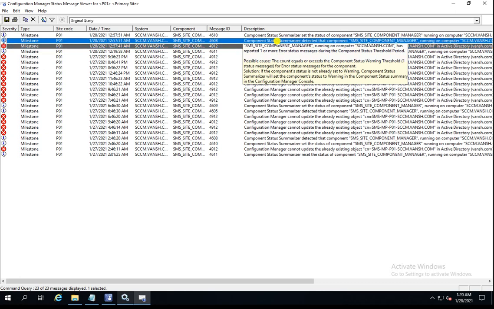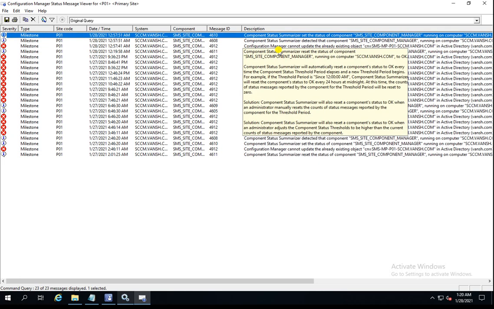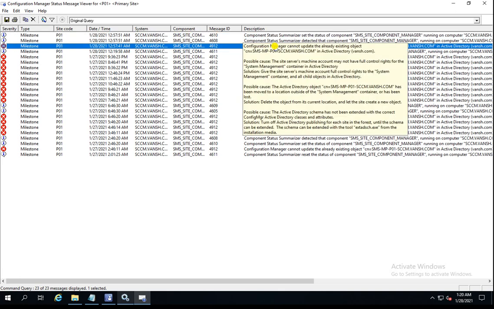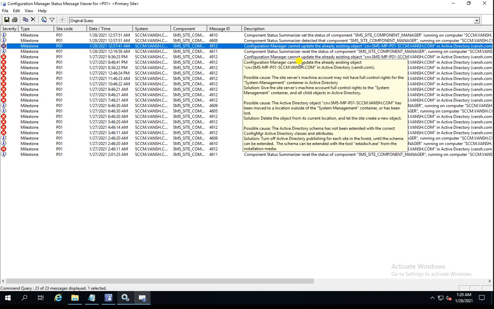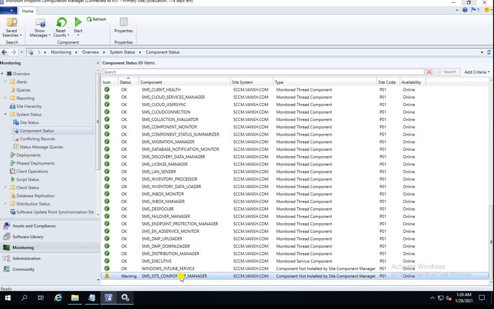If you see it here in red, it shows that it was not updating. So maybe at that time my SCCM was not communicating with the AD, and it was trying to update the object.